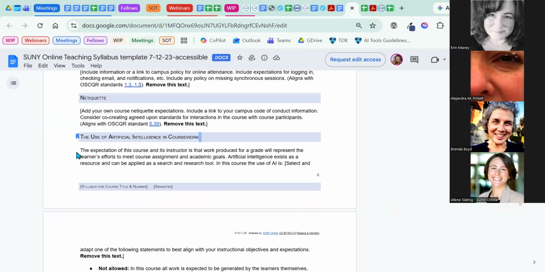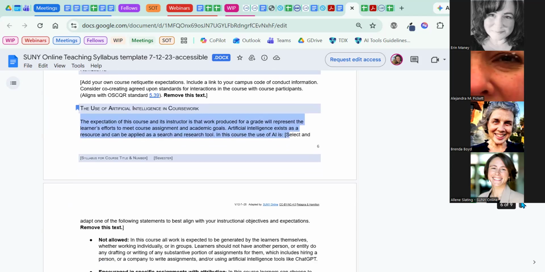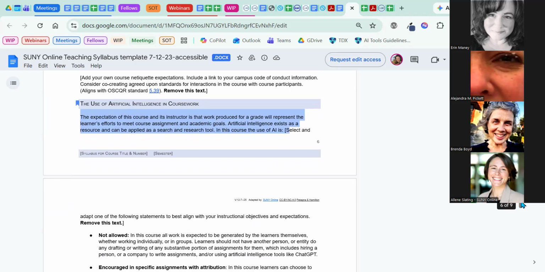And so whatever the stance is, it should be in the syllabus and in the course also, but at the very least in the syllabus. And yeah, so take a look at that and use it either as a model or as something to compare with what you currently have and to see if there's anything that you could improve in your syllabi specifically for online students.